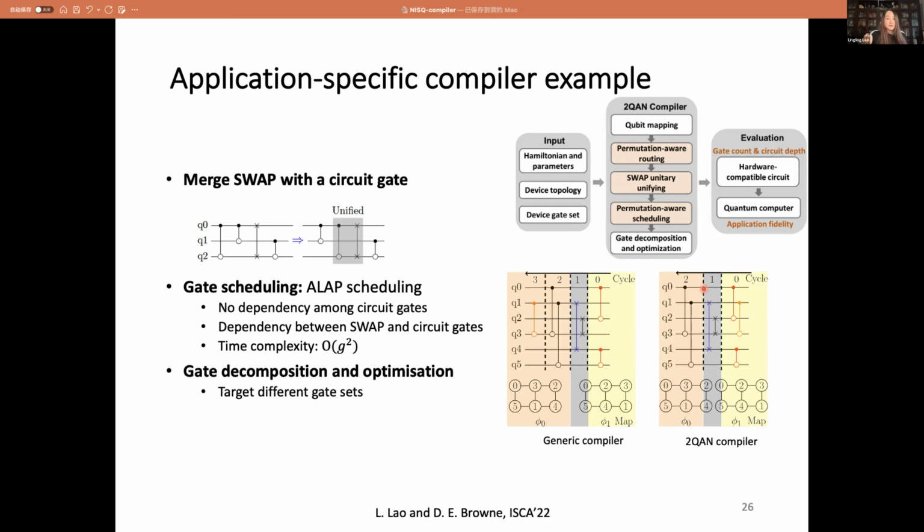So after the scheduling, we will also perform gate decomposition and optimization. As you see in the very early slide for the general purpose compiler, we normally perform the decomposition before the qubit placement and routing and scheduling. But for this application, we perform decomposition after the scheduling such that we could target different gate sets.